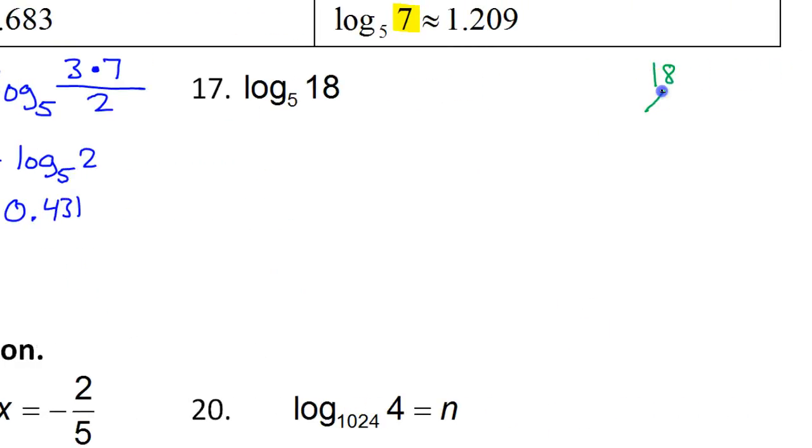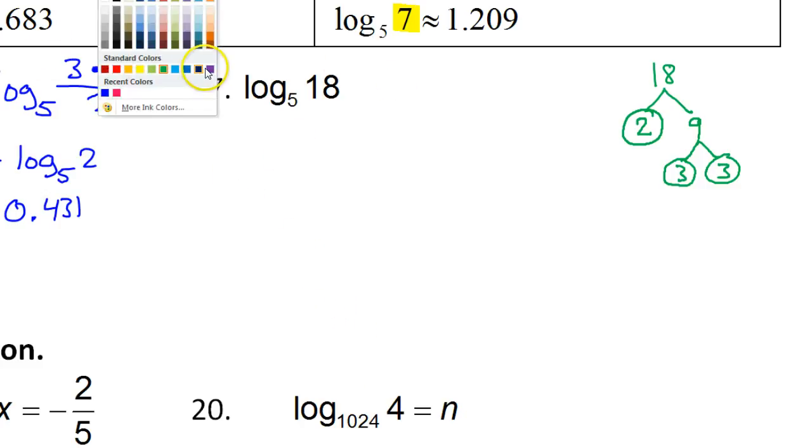Now 18 I know is 2 times 9. Now I like the 2, so I'm going to keep that. Okay, now of course 9 is 3 times 3. Okay, so if I think of 18 as 2 times 3 times 3, then I have all facts that I